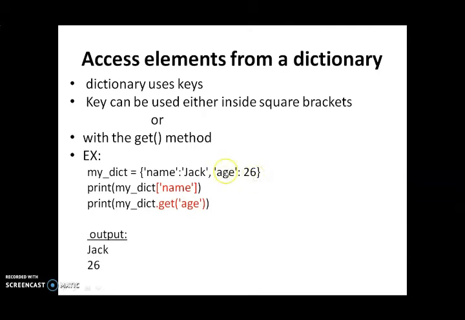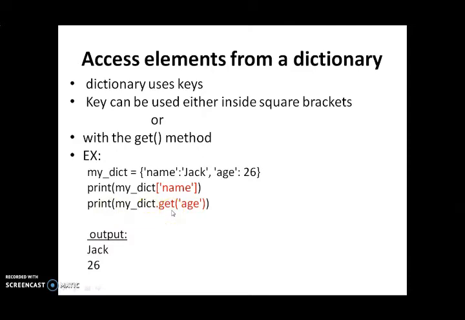So here we are having 2 key value pairs, name and age. You can see here print, it represents to print the data. So print, and my_dict is the dictionary name and this name represents the key value represented here. And then next one is print my dictionary.